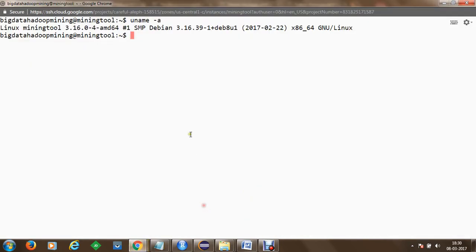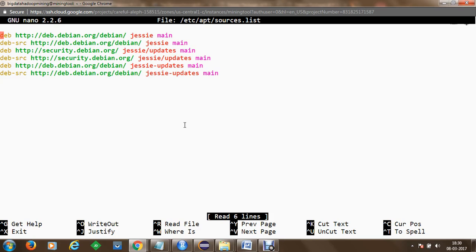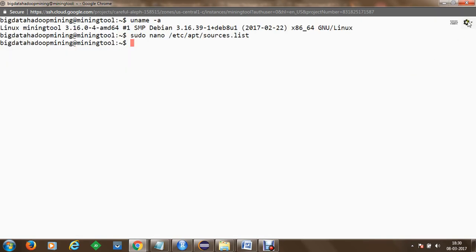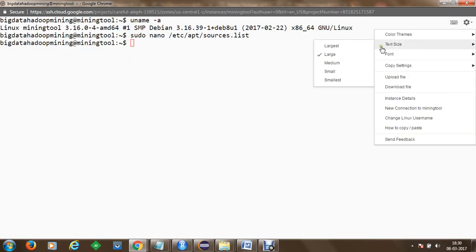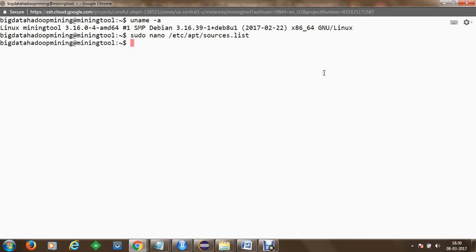We'll proceed to our Linux instance. And here on the Linux instance, I would like to open my /etc apt repository, wherein we have the list. The name of the list is sources.list, which we can open. Once we open that, within this Debian, we can add using Ctrl+Shift+V. In case you are not able to paste, you can go to settings option here. You can go to text size, copy settings, and you can allow Ctrl+Shift+C and Ctrl+Shift+V.